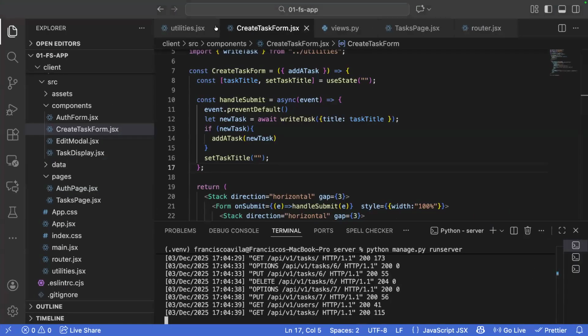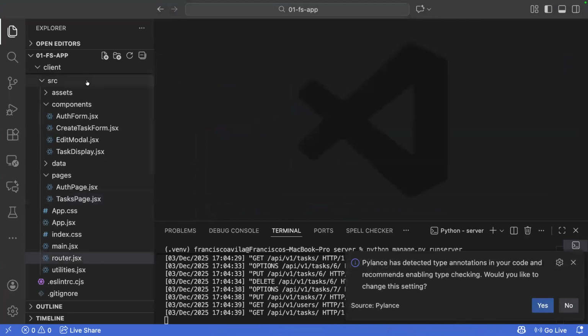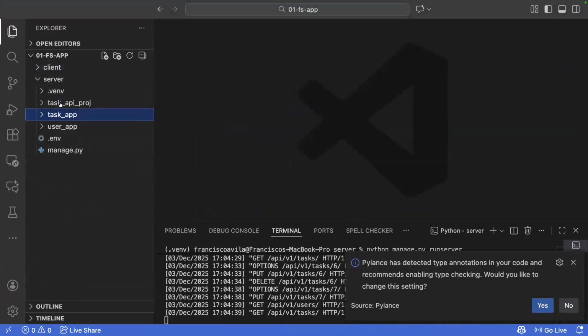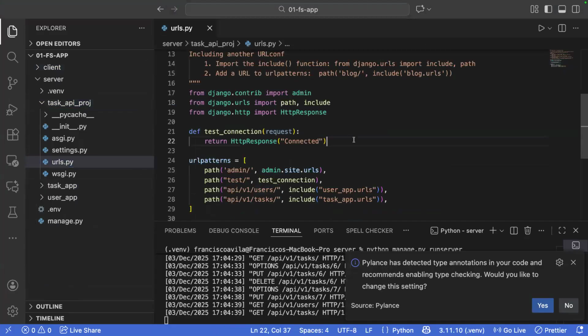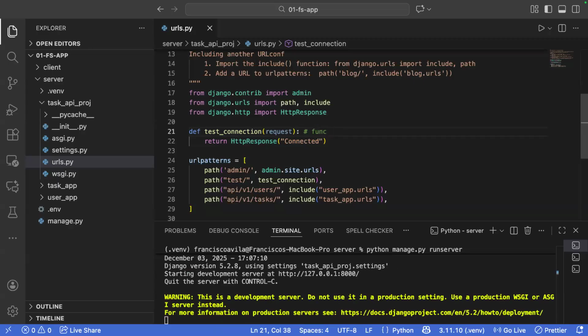So if I come over to my project URL patterns, the main reason why I utilize this HTTP response, and that is happening here inside of my URLs, why I return connected. I'm specifically utilizing HTTP response because this is just a functional view, right? So because I have a functional view and I don't have a REST framework API view,